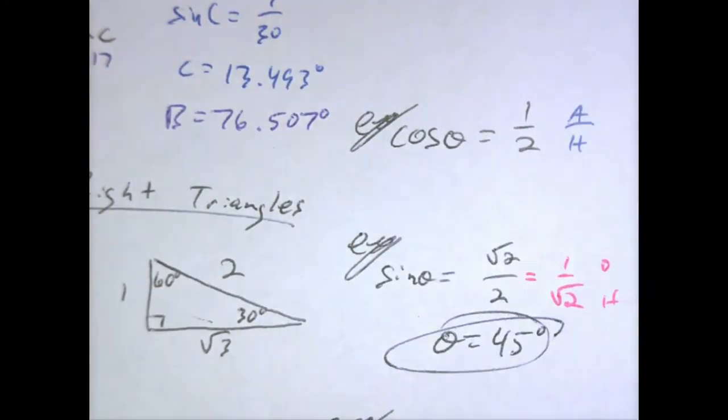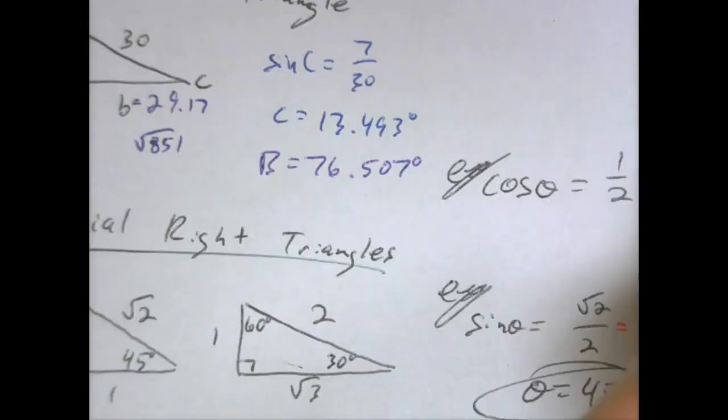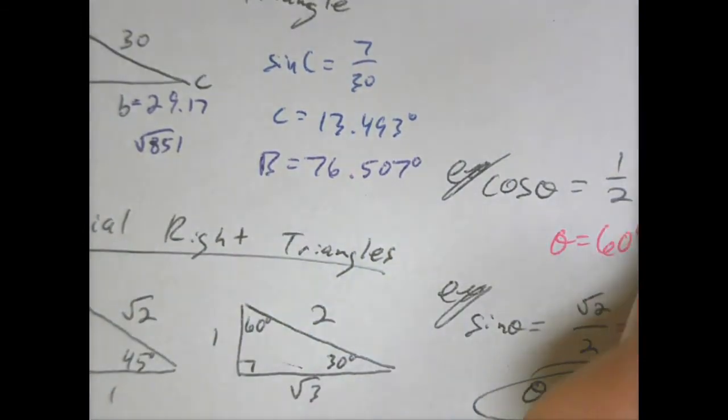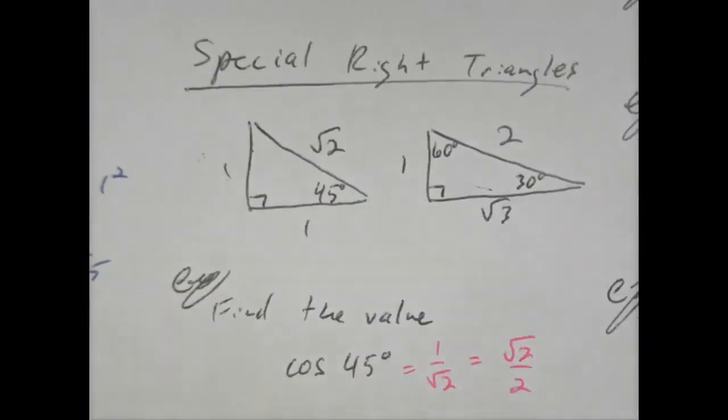Okay, cosine, adjacent over hypotenuse, so that must have come from my angle 60 degrees. Make sure you memorize these triangles. If you don't memorize these triangles, it makes all of this